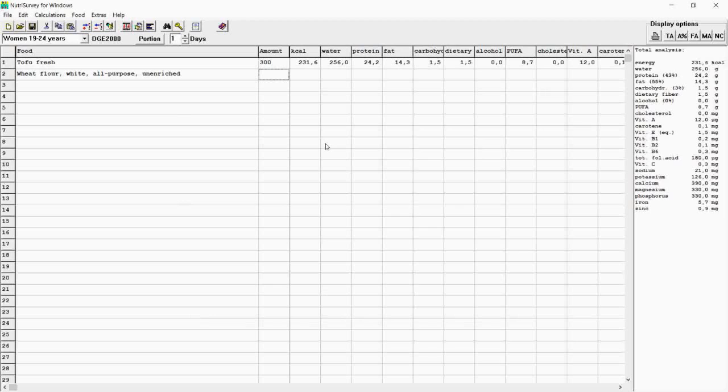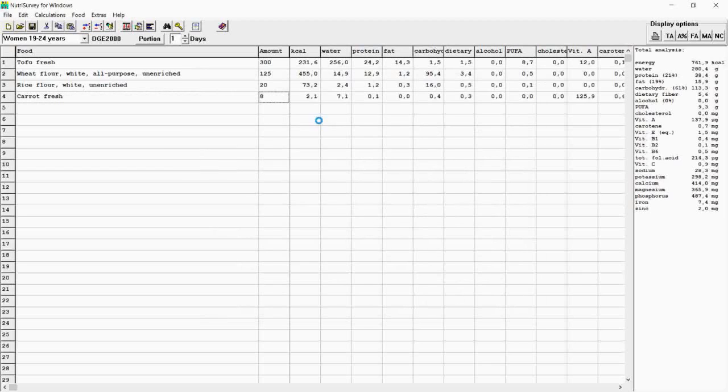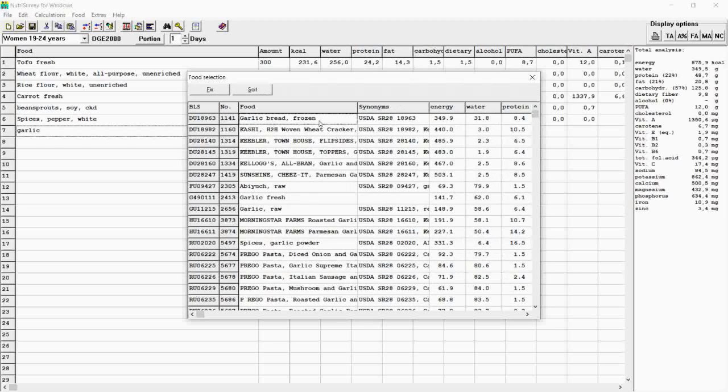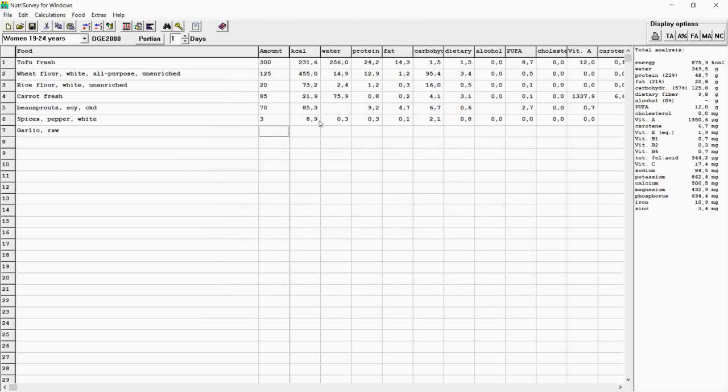This one, 125, and then followed by rice flour, still unenriched, for 20 grams, and then the mixed vegetable including carrot, 85 grams, bean sprout, 70 grams, the pepper as the spices, the white pepper, 3 grams, garlic, the raw garlic is 8 grams,